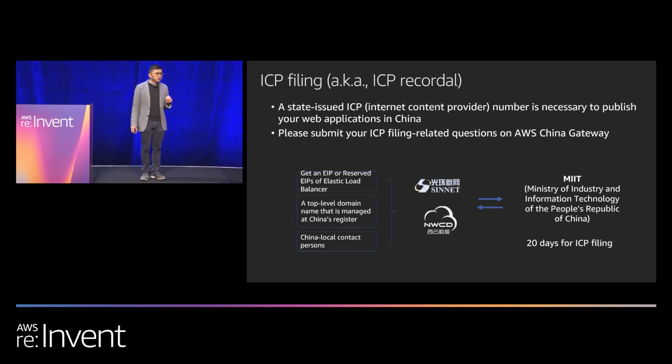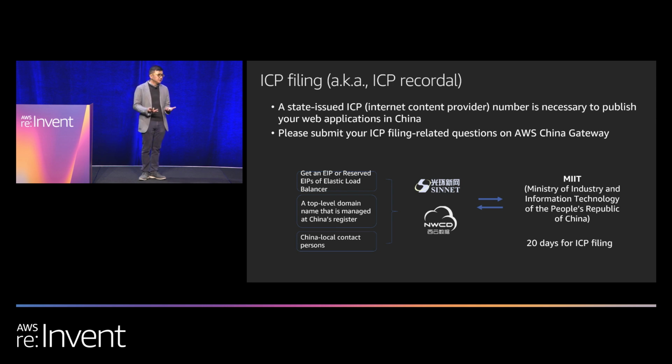As simple as publishing a website that says "Hello World," as long as it's an external facing website, a company would actually need to complete an ICP filing process. It doesn't matter what the content is, as long as it's external facing, right? So the ICP filing will require you to provide who is the owner of the website, what is the domain name, what is the IP address, what is the content intended for, who is the security contact in case there is any issue with the contents, and so on. Right? China is very, very careful around public-facing websites. And this is not commonly known for people that are not familiar with the regulations in China.